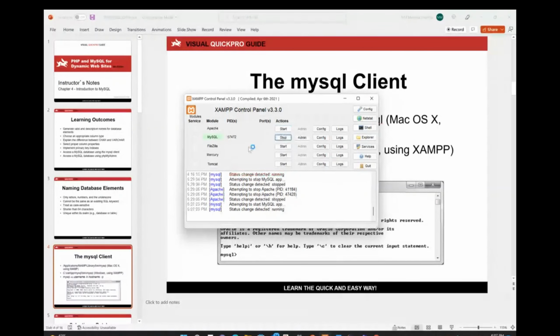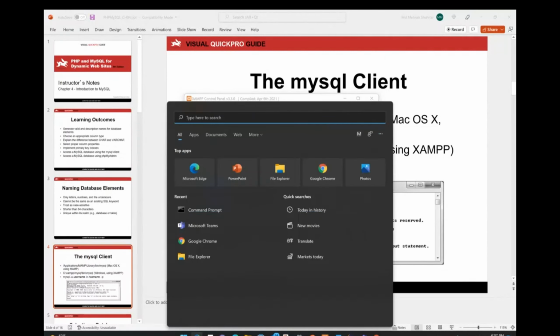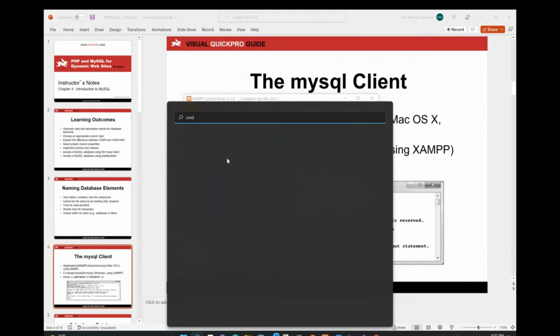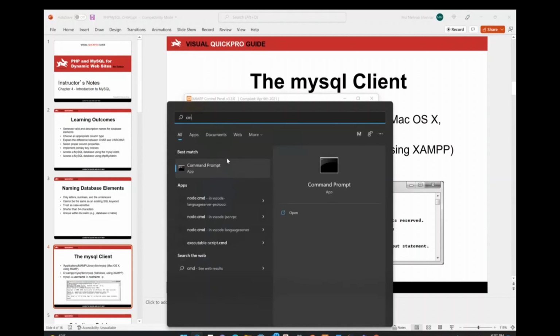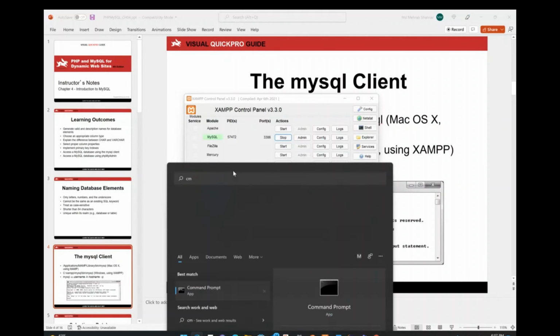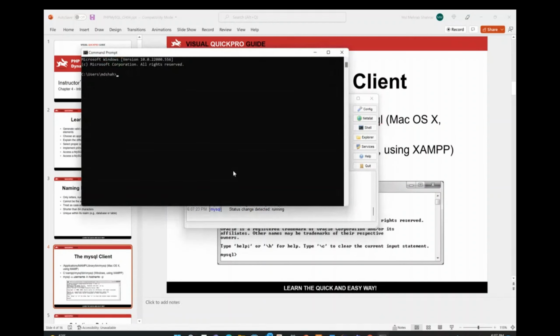So I'm starting it here. So now MySQL server is running on my local machine, and I'm using the Windows machine, so from the command prompt,